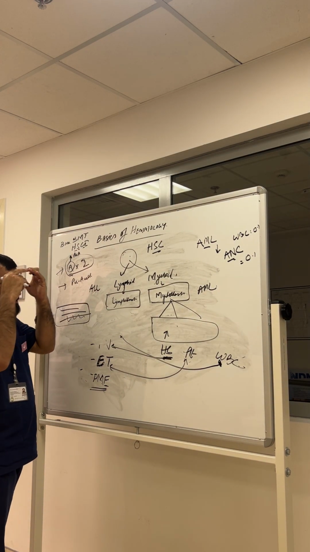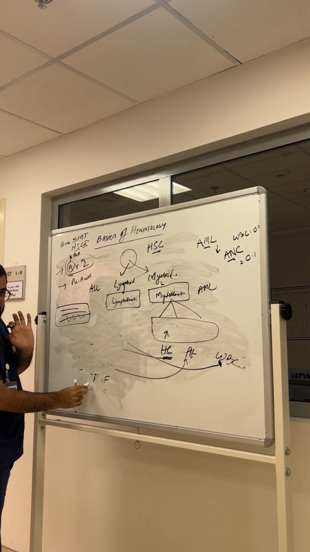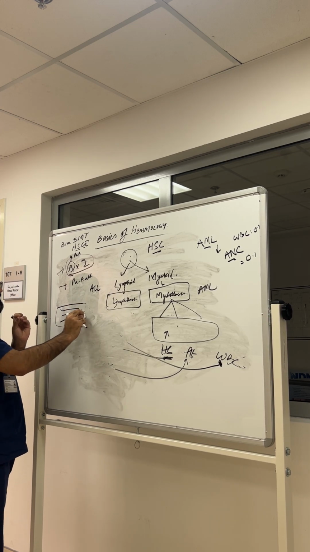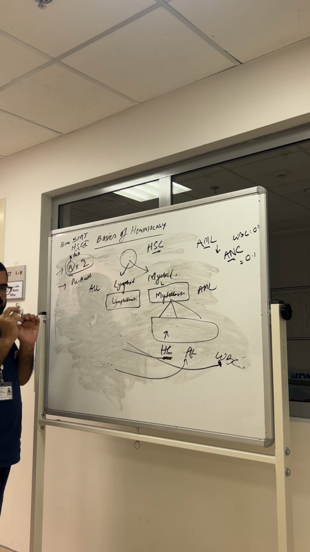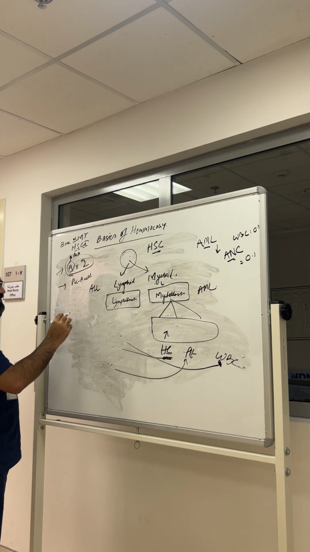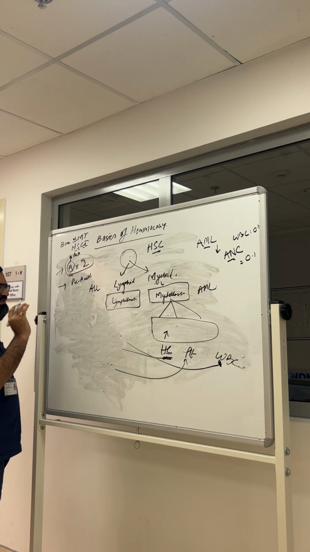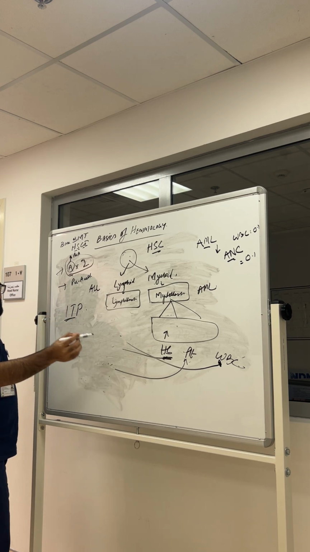This is the basics. The two remaining things, these are the malignant things. Okay. And we know one thing, that we don't give GCSF in any patients who have active acute leukemia. Two other things you will see very commonly in the wards. One thing you will see very commonly, let's discuss that, is ITP, in the